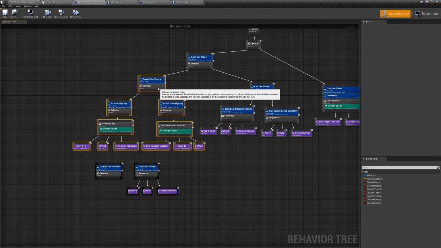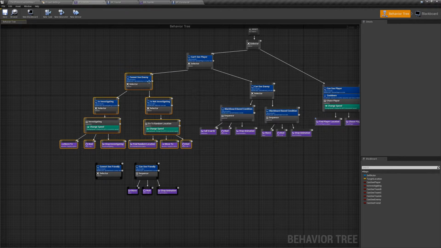So that's pretty cool. If it can see the player, it overrides everything. And then as long as it cannot see the enemy, and if you play this investigating, it's with the sound, hearing, perception. When it hears a sound, it sets is investigating to true. It runs over to the target location where it heard the sound, and then checks it out. And then based on what it finds, it does whatever. So if it sees an enemy, it does its enemy thing. If it sees a player, it does the player thing. Otherwise, it goes right back to the random pathing.